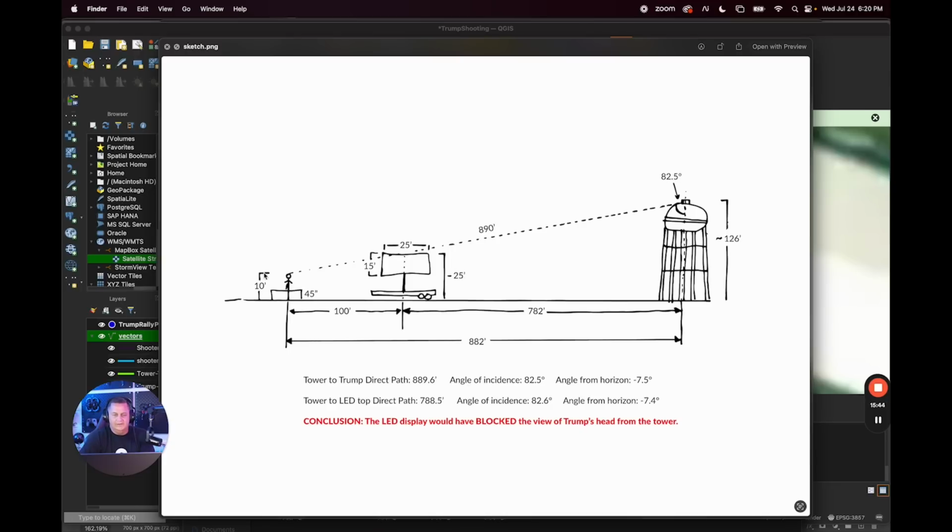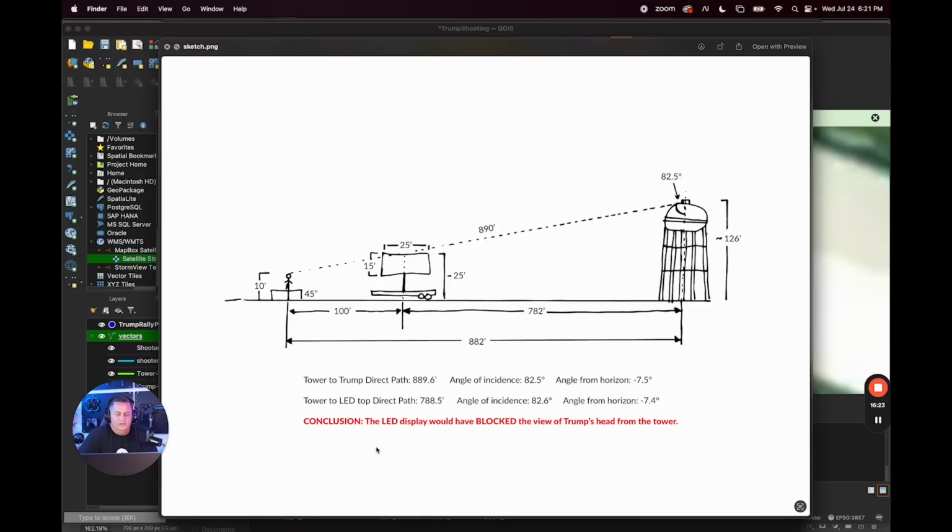And we use that calculating the 10 feet. We basically, for calculation purposes, factor the 882 feet here, the 10 feet minus 126 feet. So the side A, if you will, we calculate that at 116 feet to come up with an angle of 82.5 degrees. The LED is actually in the way of any view, any sight picture that you would have somebody